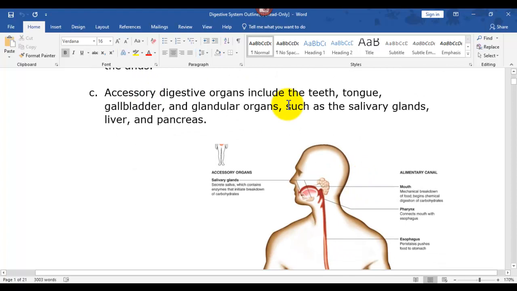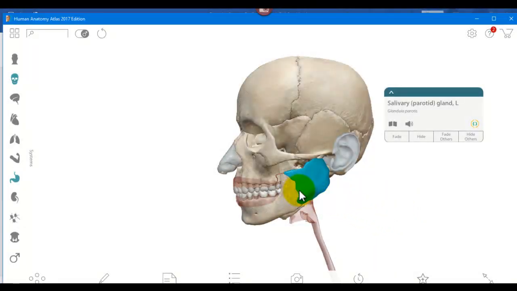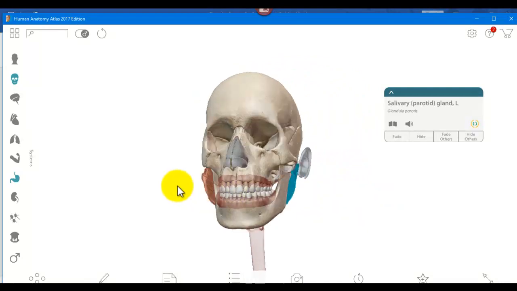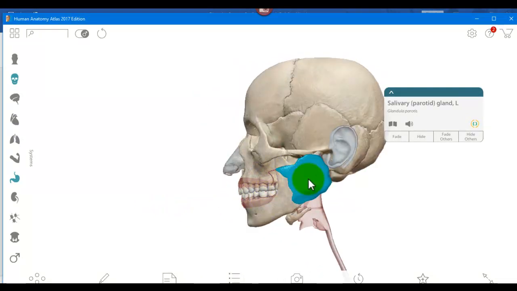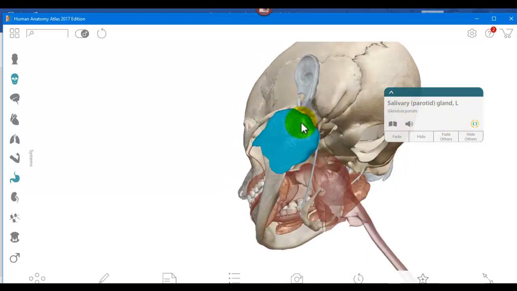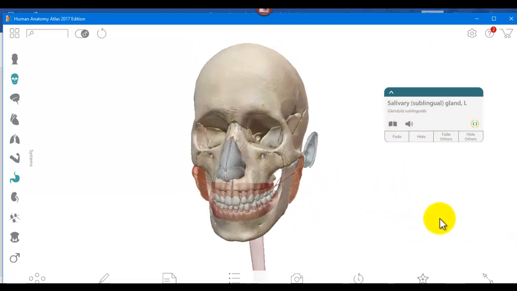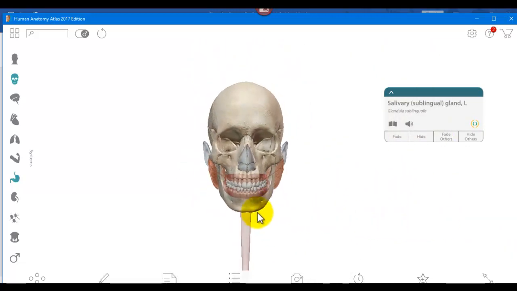Accessory organs include teeth, tongue, gallbladder, and glandular organs such as the salivary glands, liver, and pancreas. These are called the accessory organs of the digestive system, and I just clicked on this big giant. This is a salivary gland, a parotid gland. You can see the ones underneath. There's a submandibular. There's one that says the oral cavity right there. Sublingual, underneath the tongue. So salivary glands are considered to be an accessory item